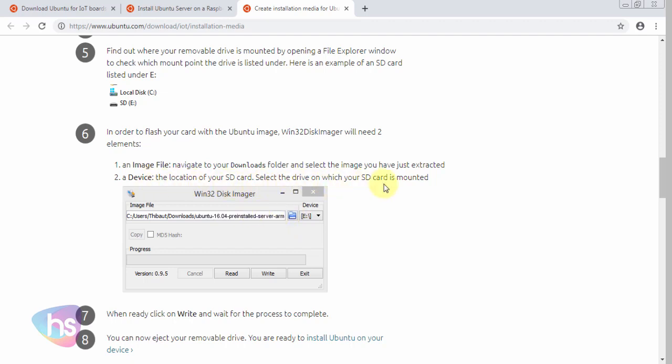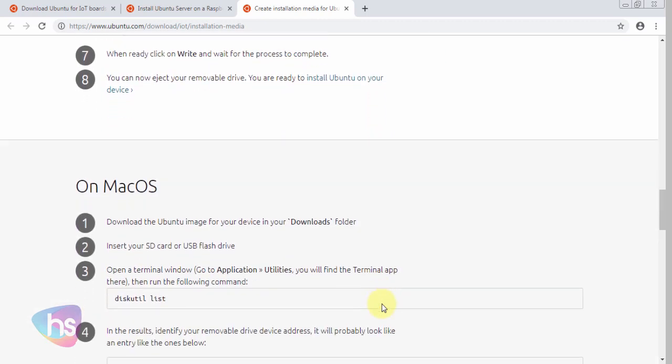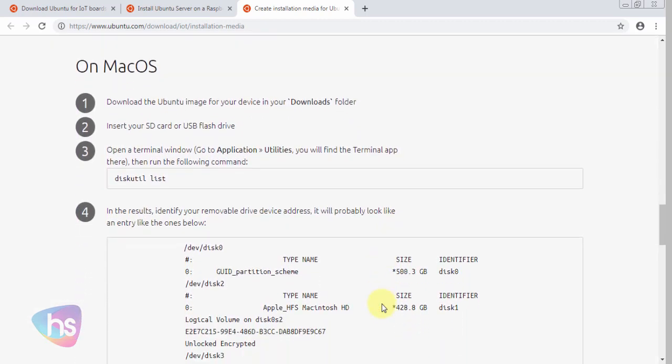Select the device, whichever SD card is mounted on your system, and click right here and wait for the process to complete. Now you can eject it, and what is required is to connect the Raspberry Pi and start the Raspberry Pi. I will tell you, on Mac OS the same steps will follow, so you need to